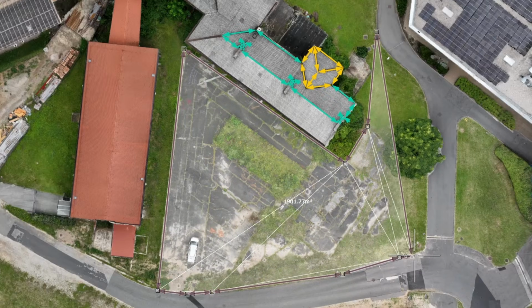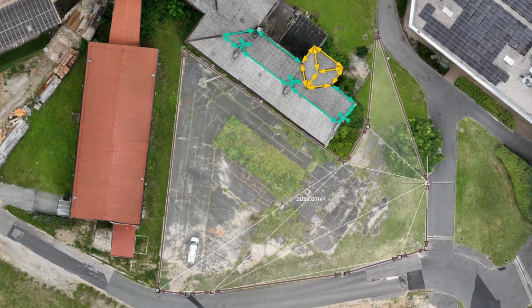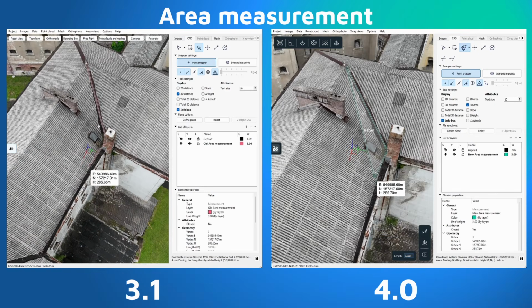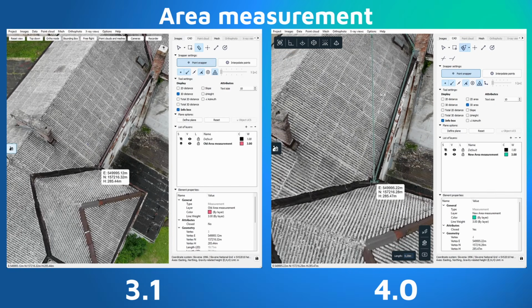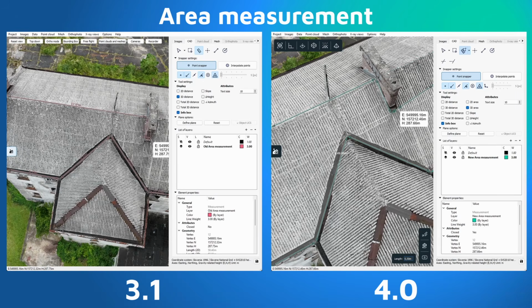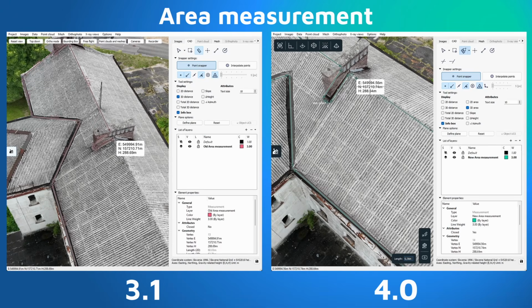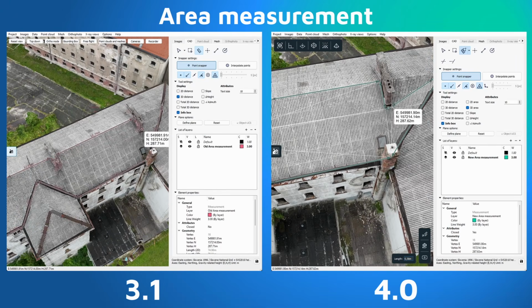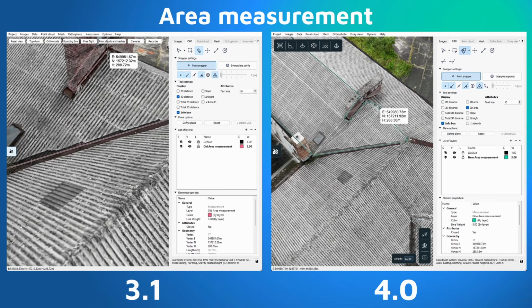In this release, we're introducing a dedicated area measurement tool. While measuring areas in 3D was possible before, using closed polygon lines, the new tool comes with a few features. An advanced calculation algorithm for higher accuracy of complex shapes, a dedicated tool access for faster workflows, and enhanced visualization